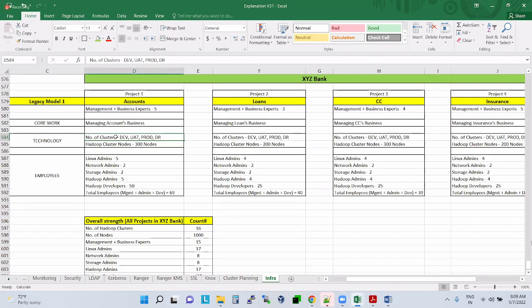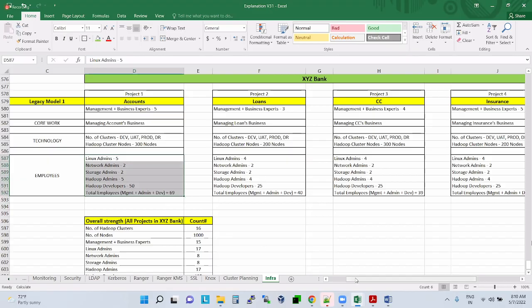Correct or not? Yes, but today there is no issue in the cluster. Why do you want an admin? What I'm trying to say is, when all 4 clusters are running fine without any issues and there is no work, normally these people will be sitting idle. This is ineffective utilization of resources.